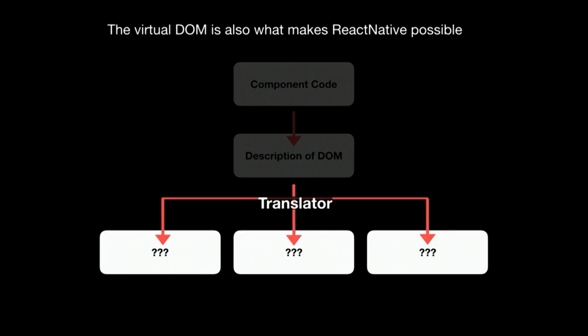And the great thing about React Native is that as long as you can write translation logic, you can theoretically run it anywhere, because it's always outputting these agnostic descriptions of UIs. And so as long as you know how to take an agnostic description of a UI and bind it somewhere, you can run your React Native app.